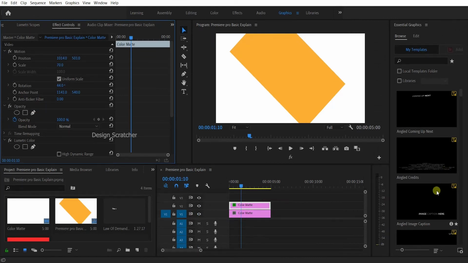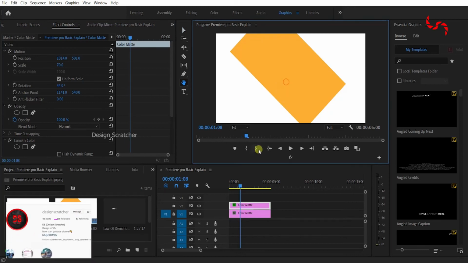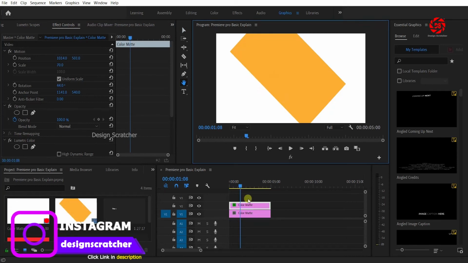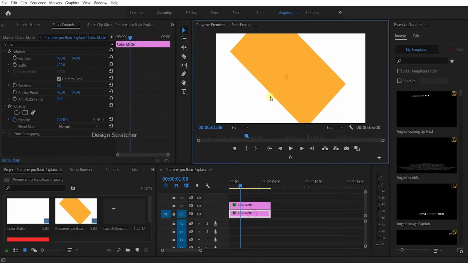Okay. Then how to change here, this is the essential graphics. Here the type, the text will be revealed, you can add extra text, everything will be here. And this is for the move. If you reveal the move, this is the mask part here.